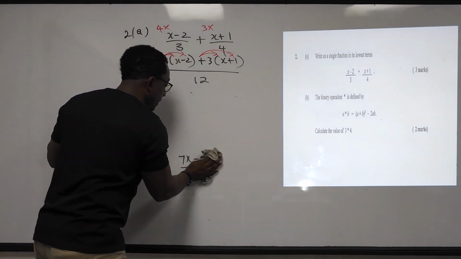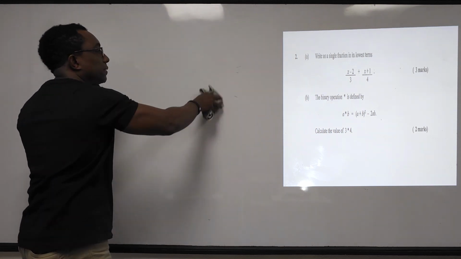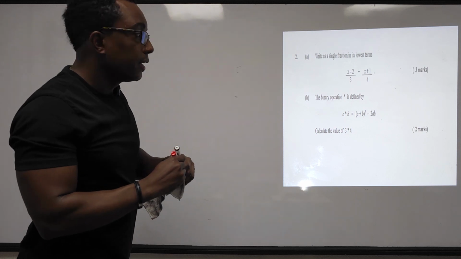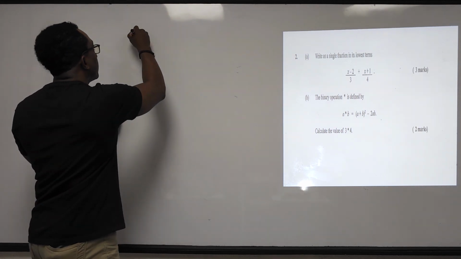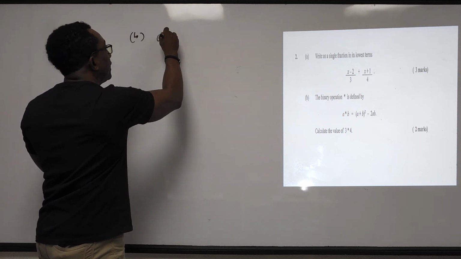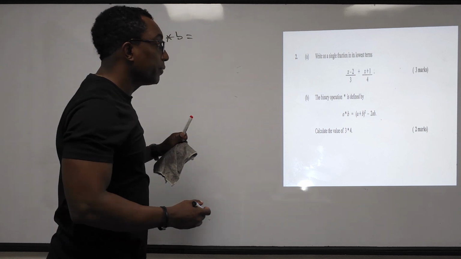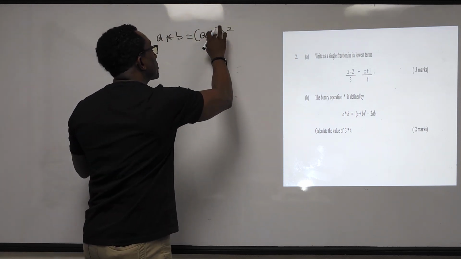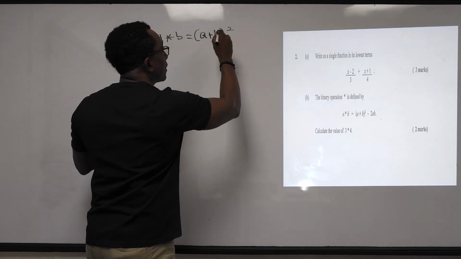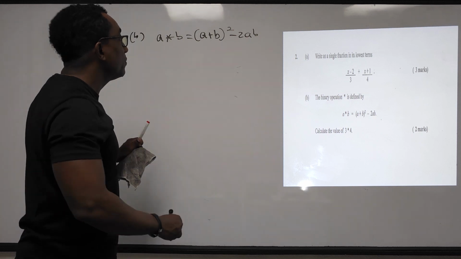So let us work on this. So we have here, given the expression, this is B, we have A asterisk B, and that asterisk is your binary operation, is equal to A plus B in brackets squared minus 2AB. They want us to find the value of 3